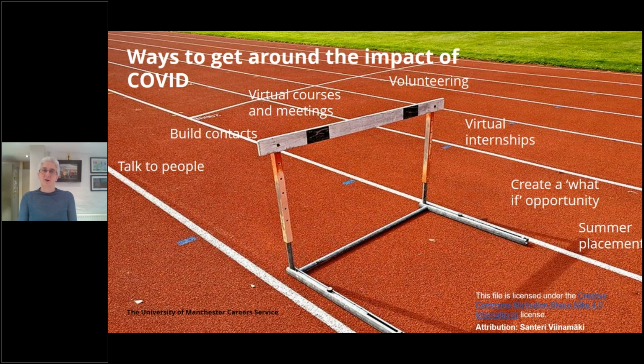So, got a hurdle here. The hurdle is COVID. And what I've attempted to do is giving you some ideas as to how you can jump over that hurdle. So how do we get around this impact of COVID? And what I've tried to do is I've started perhaps with some of the relatively straightforward things, and then perhaps some of the things which are a bit more tricky to secure. So starting over on this side,